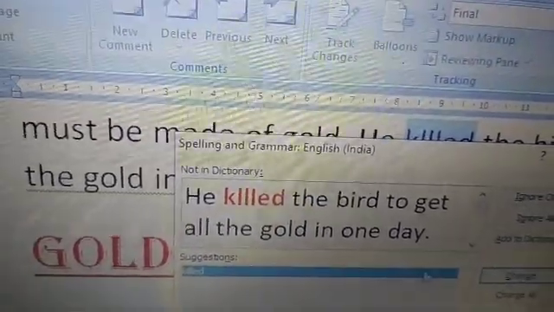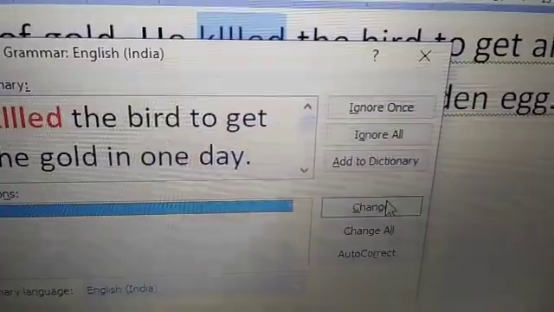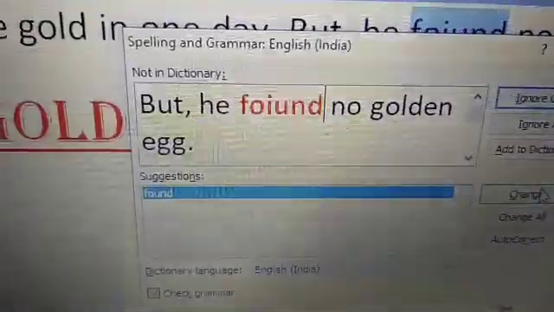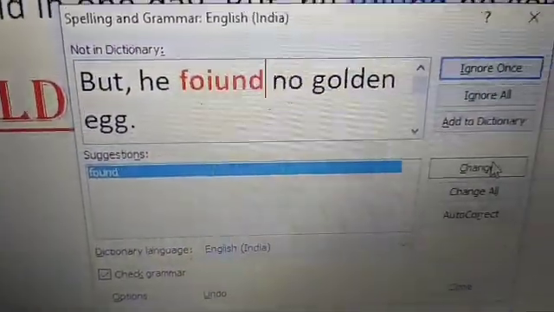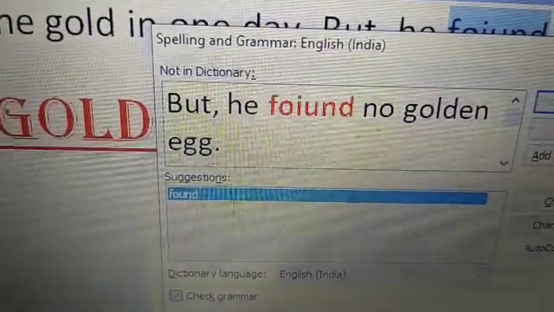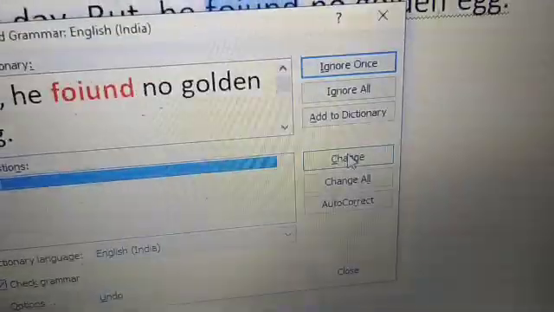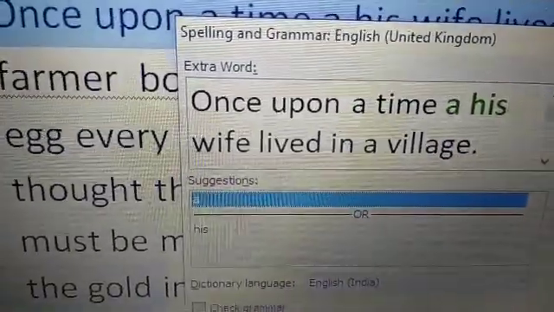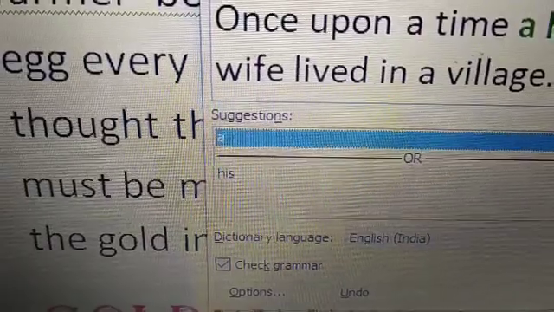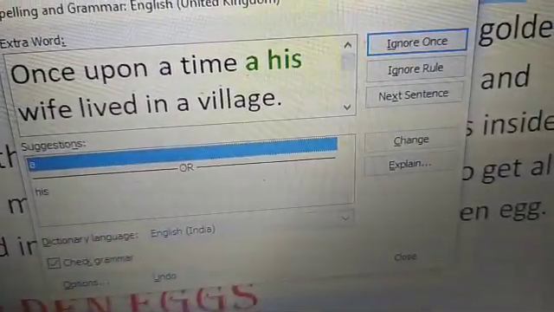Selected, click on change. Okay, then next, this is found, selected, go to change, then next, change.